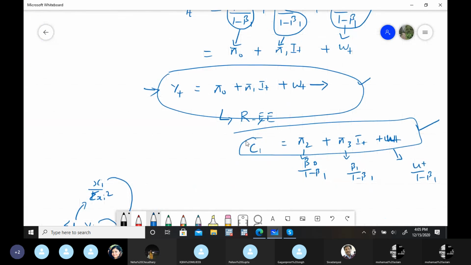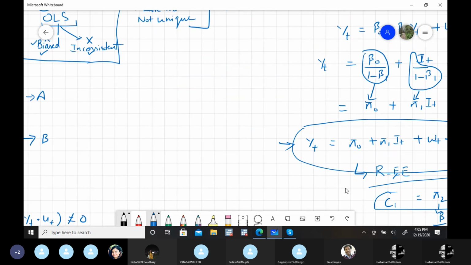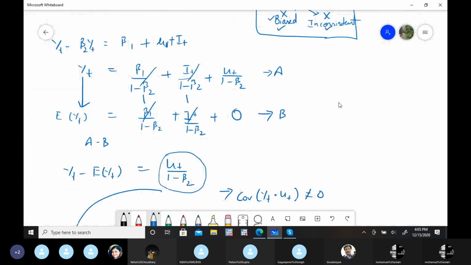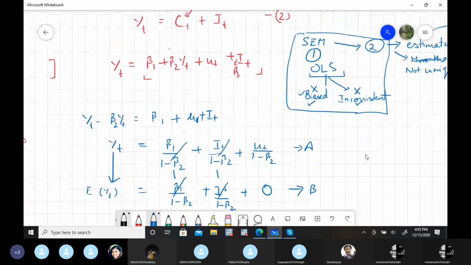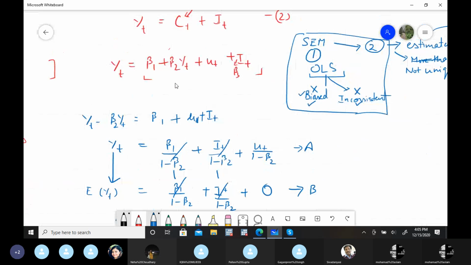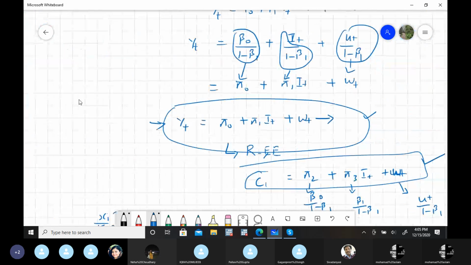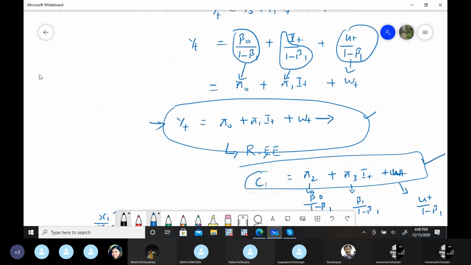Can any one of you tell me what is the advantage of running the regression in the form of reduced form equations in comparison to what I incorporated earlier here, in this form? One is this method, you could run it here, right? But in place of this equation, if we run on these equations, what will be the difference? These are the reduced form equations and those are the actual ones. I incorporated there as well, and here as well, but here there is a basic difference.